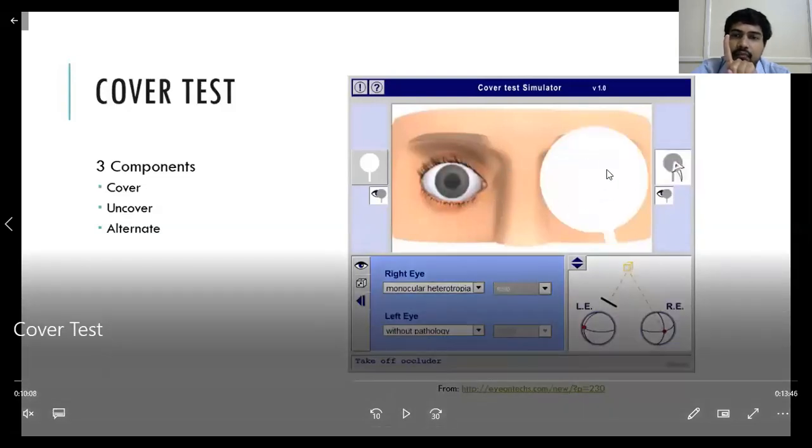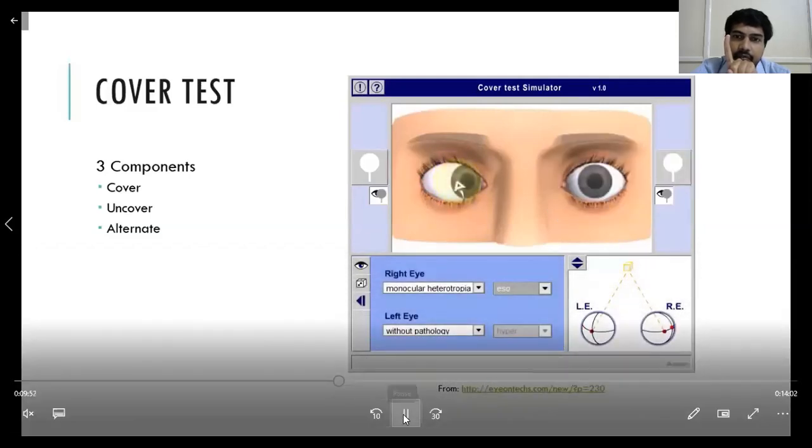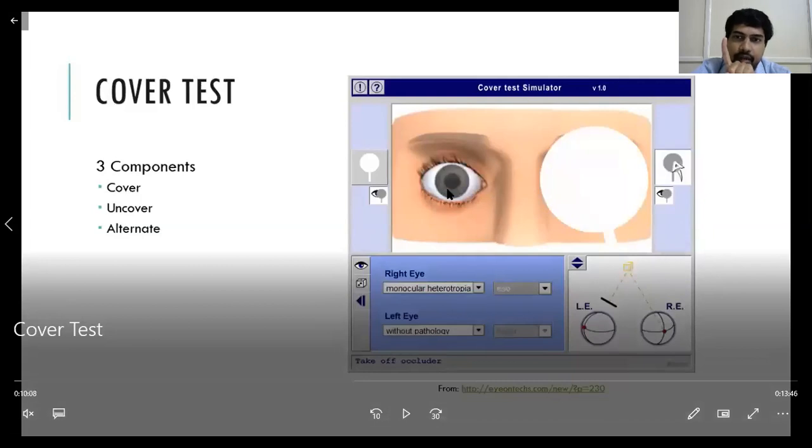Now what I did is I covered this left eye. When I covered this left eye, automatically see what happened to this right eye. This right eye became straight. So again you see the right eye is deviated inwards and the left eye is looking straight. Now you take the cover and put it on this left eye, which is looking straight. Let's wait till he puts it. So on putting a cover on the left eye, what happened? This right eye is looking straight. That means this is not a paralytic squint. This is a concomitant squint. That is the inference from the cover test.